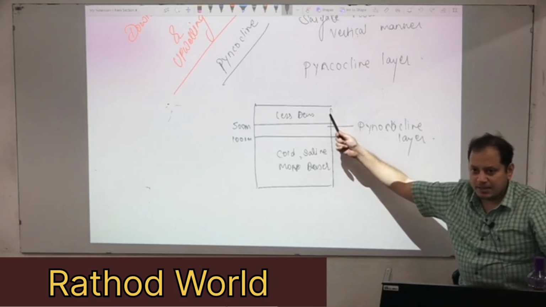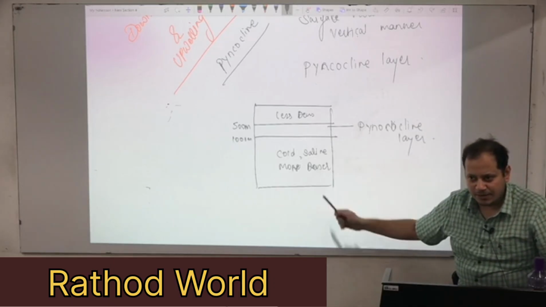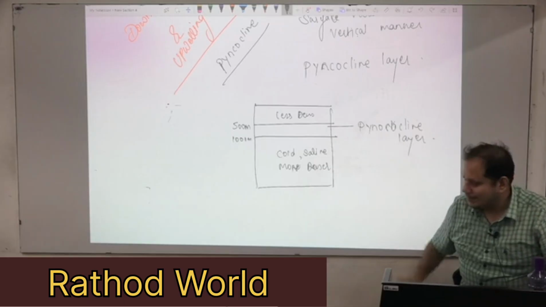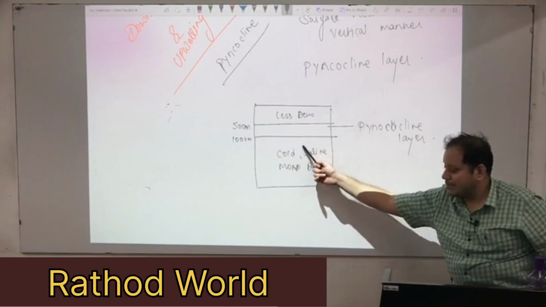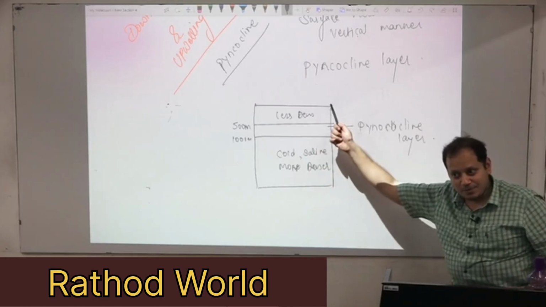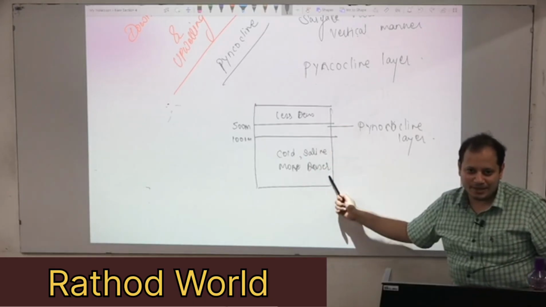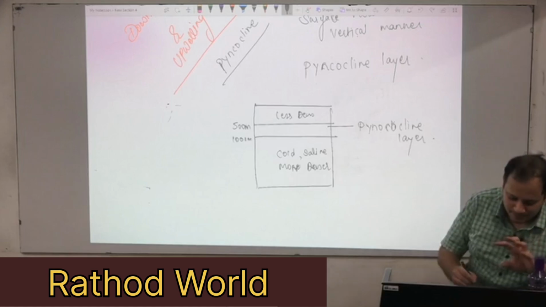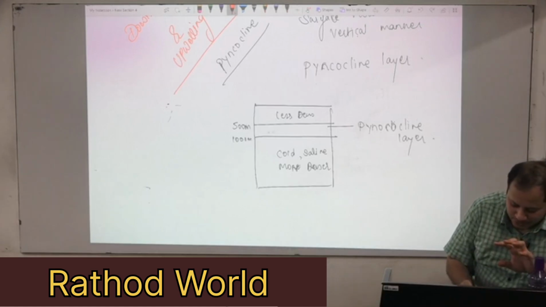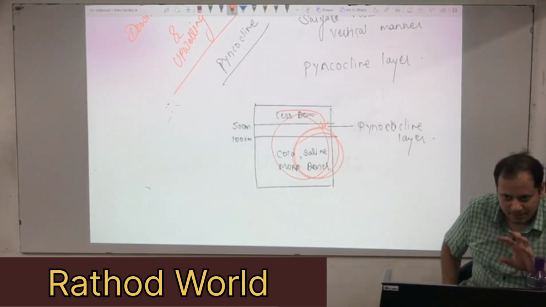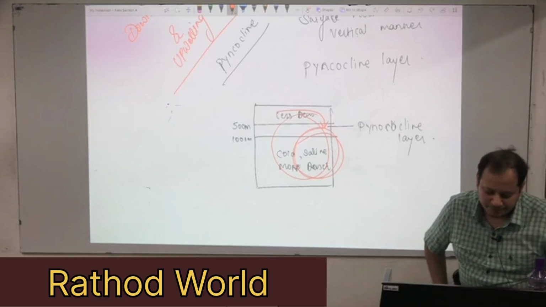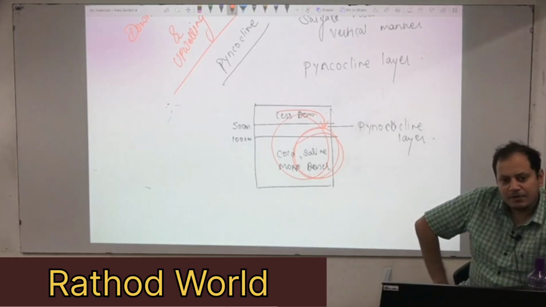Where the upper layer is less dense, the layer behind is more dense. When will downwelling happen? When this layer is absent. If this layer is present, the water below is very dense and will not allow downwelling. Getting it? For downwelling this layer should be absent, that is, there should be more or less the same density, because if the upper layer is less dense then there will be no downwelling, it will stop the downwelling. Understanding? Next point. See, that is why I have not taught you